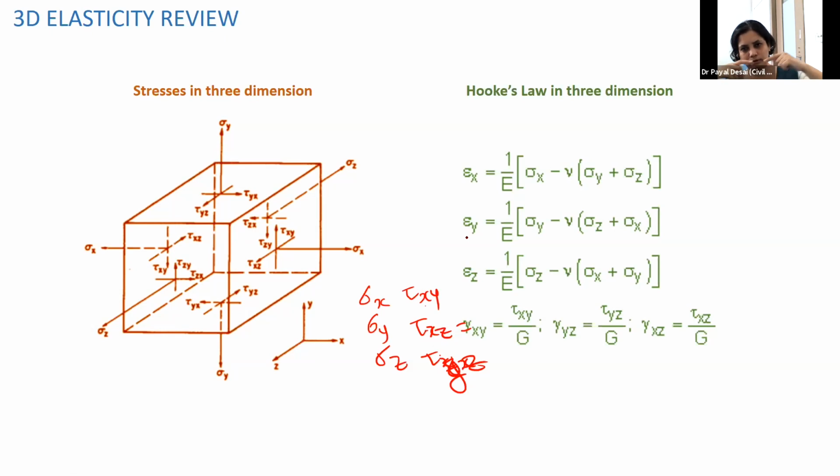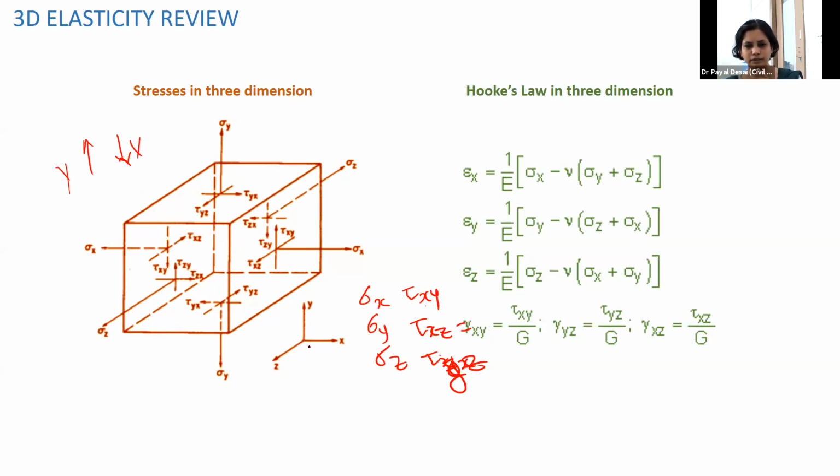Of course, for normal stress, the sign is easy to determine. The tensile stresses are positive, compressive stresses are negative. So the sigma x, y, z sign convention is easy to determine, but the shearing stress sign convention is very similar to our shear strain sign convention of the beam that we are determining here. But I want to define the positive and negative sign convention in a different way. For any positive plane, that is a plane perpendicular to the x-axis, the stress acting in the positive plane and positive direction.